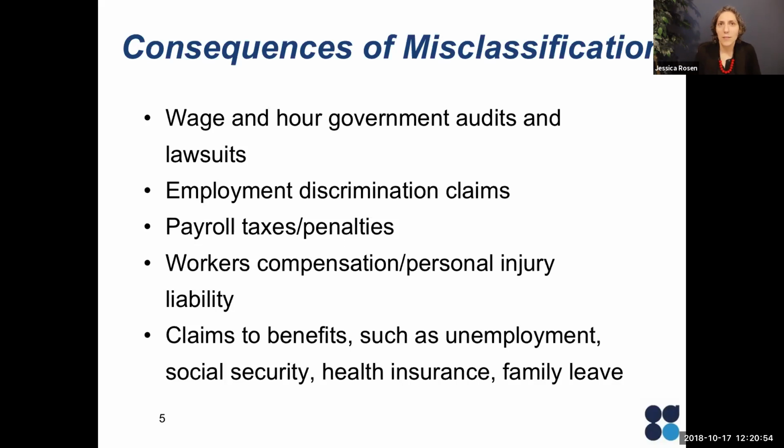Another really important consideration that I think gets possibly overlooked is the potential for injury. So if a worker is doing something that's pretty physically demanding and they're an independent contractor and they get injured, if they're an employee, you would have gotten workers' compensation insurance for them, and it means that they can't sue you or your business for personal liability for that injury. So they get injured and they have, let's say, a $50,000 injury, and that's probably cheap, right?